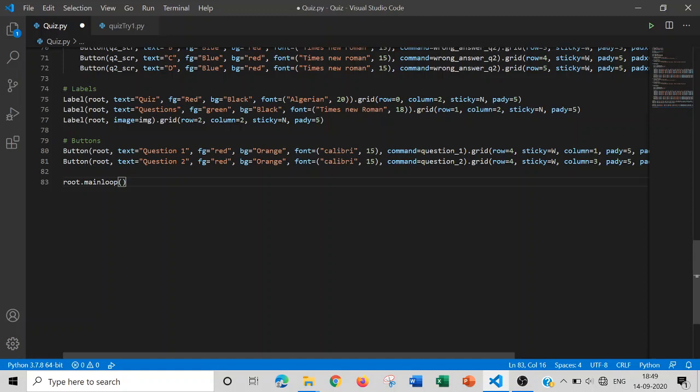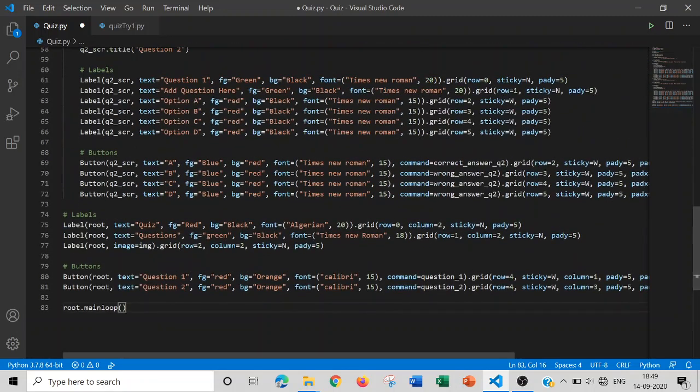See, you have 3 columns. You can extend it to 4, 5, 6, 7, any number you want. Actually, see here, you have column equal to 2. Then what you can do is make it 3. Add 3 questions per line, means 3 buttons per line. Okay, and the other thing you can do is the better one.